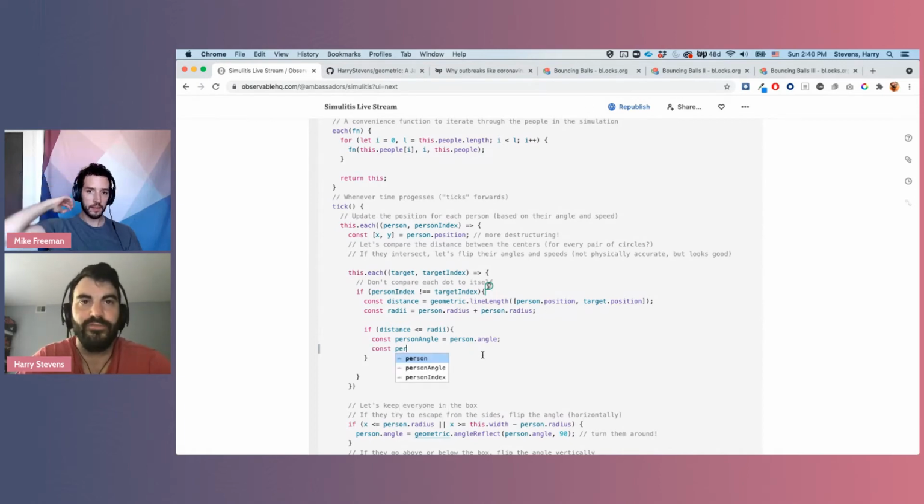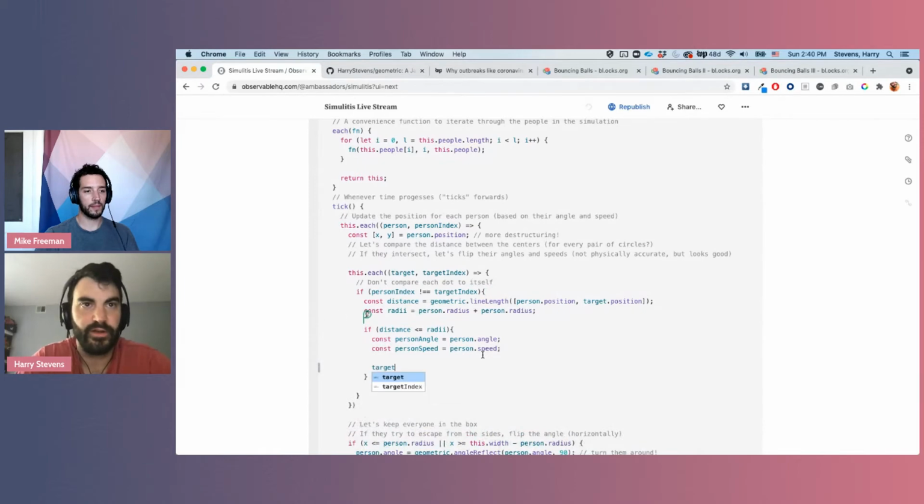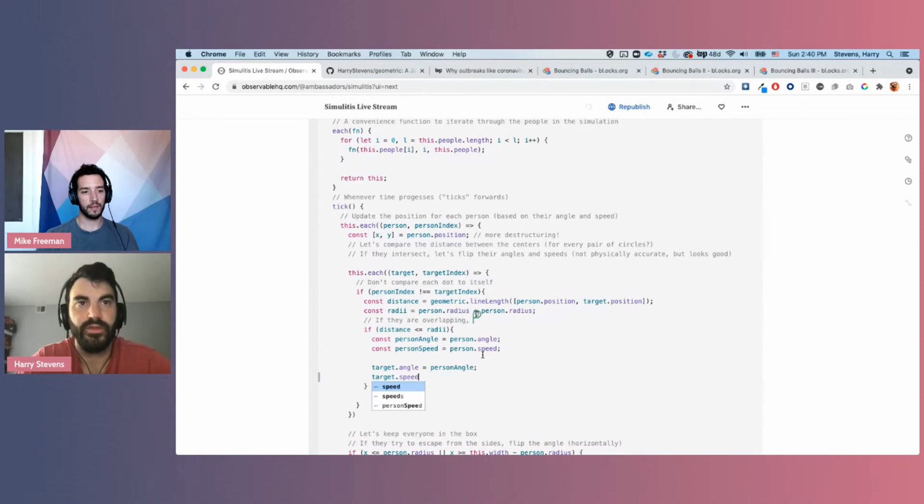So we're just going to account for that in the code. And then we can say target angle equals the person angle, target speed equals the person speed, and then